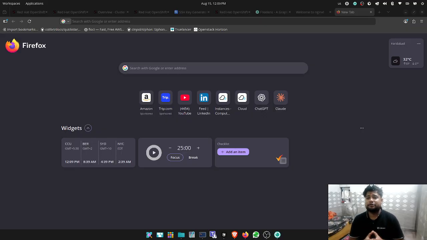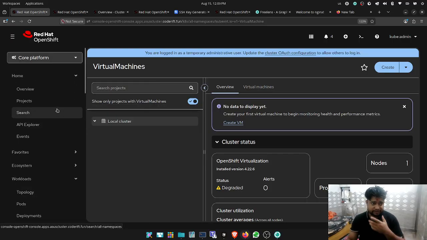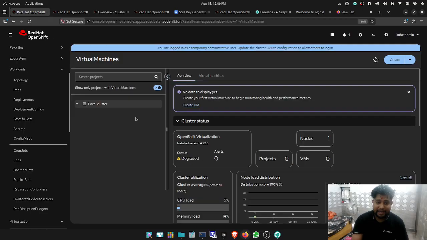We all know that virtualization is capable of installing applications into a virtual machine and giving you the virtual machines option. But let's just say I go to the OpenShift solution. This is my OpenShift console, where I have a single node OpenShift cluster installed, and I already have virtualization configured in that cluster. I'm going to show you how easily you can configure an entire virtual machine into a very GitOps